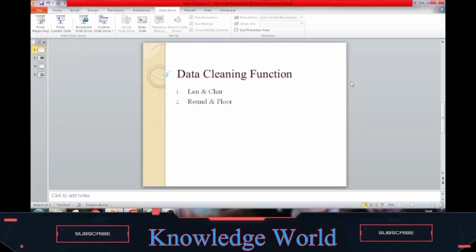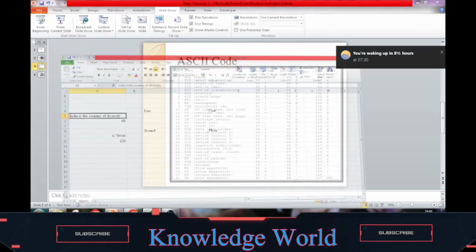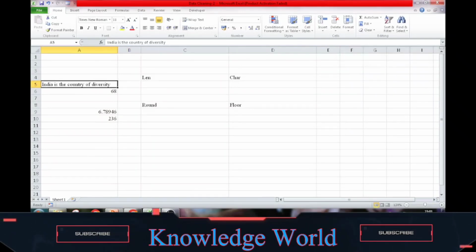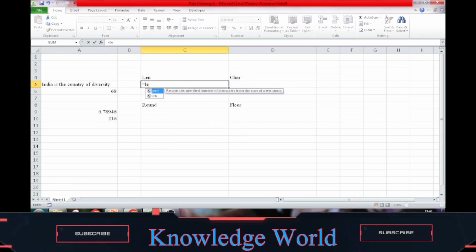So for example, here we have an Excel and this is a text. If we want the length of this cell, we will write the equal sign, LEN, tab, then its syntax shows LEN, bracket and text.